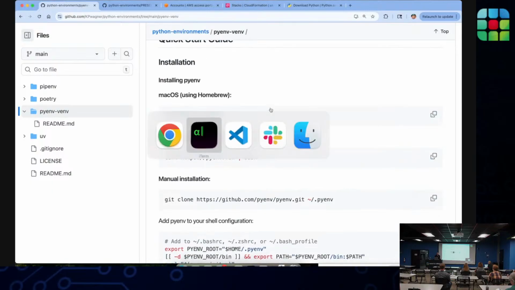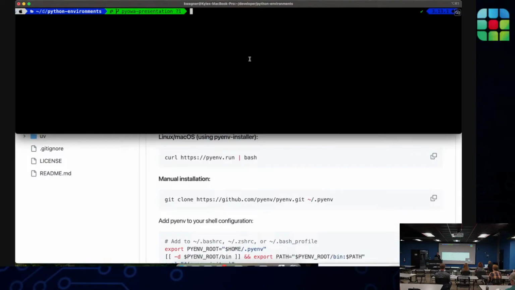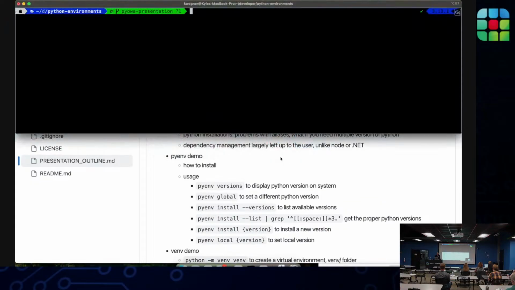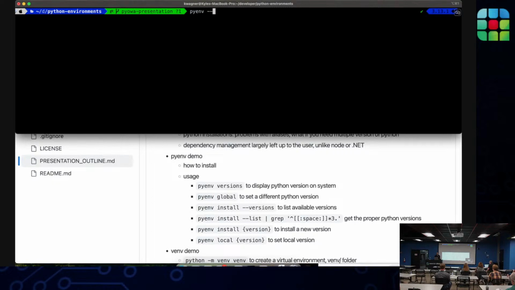So I already have pyenv installed on the system here. And so we'll take a bit of a tour of what's available. I'm running version 2.68, just as a sanity check to make sure it's installed and the commands are going to work.